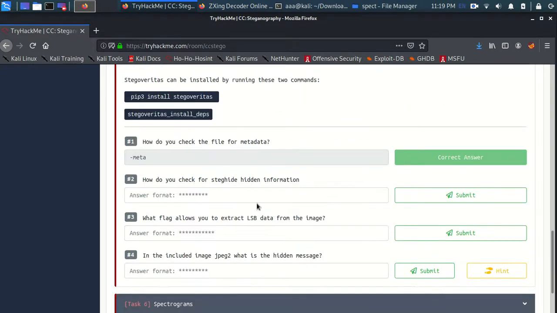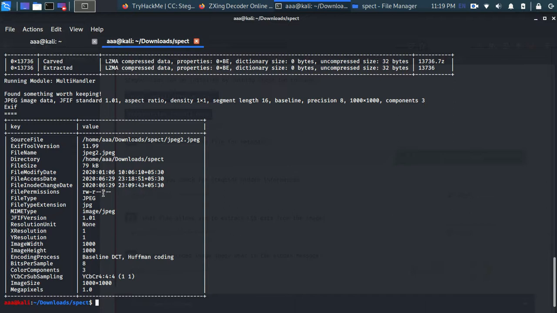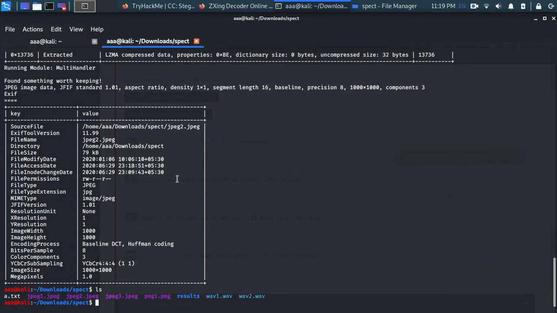So let's do this thing. How do you check for StegHide hidden information? Okay, so this thing has actually given me a results folder which was not there previously, and all of these StegHide results are in this folder. So let's go to results.